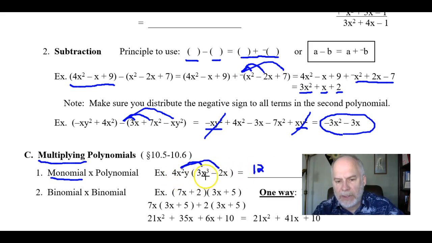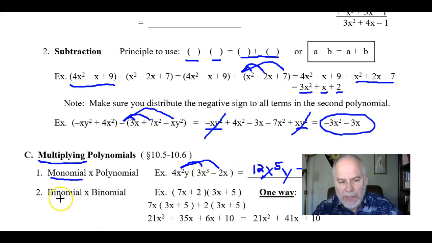We have x squared times x to the third. So that would be x to the fifth. And then we have that y. We don't have any other y's to multiply by, but that's going to be included. And then we'll have 4 times -2, so -8. And then we have the x squared times the x, so that would be x to the third. And then we'll have the y. All right? So when we're multiplying a monomial times a polynomial, any kind of polynomial, just distribute to all the